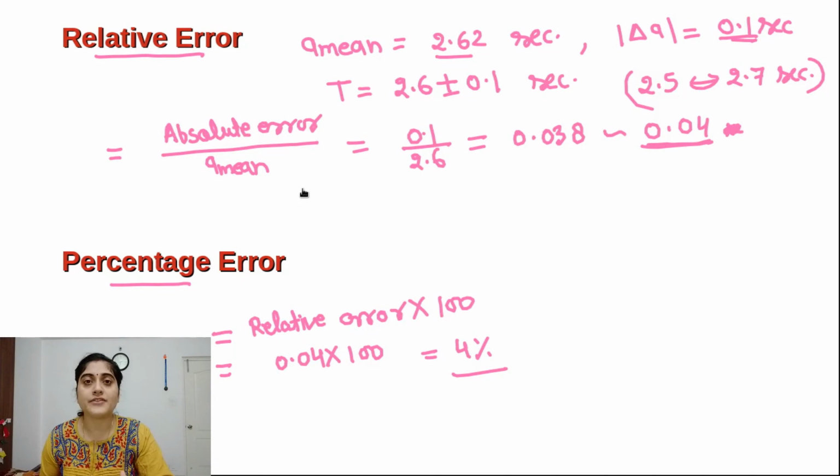Just like you have the error in your length and width both, and you have to calculate the area, so what will be the error in that area? Now we are multiplying these two errors. So if you are adding, subtracting, multiplying or dividing two errors, what will happen? This type of question is generally asked in competitive exams, so it's very important. We will understand this combination of errors in the next video.